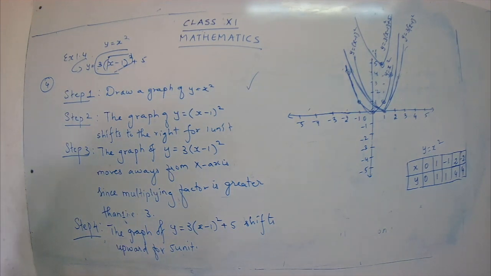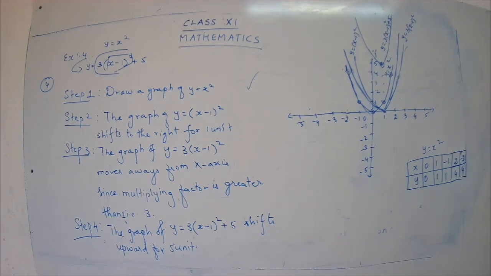From the curve y is equal to sin x, graph the functions. First one, y is equal to sin of minus x. Second, y is equal to minus sin of minus x. Third, y is equal to sin of pi by 2 plus x, which is cos x. Fourth, y is equal to sin of pi by 2 minus x, which is also cos x. So we are going to plot 4 different functions from a given curve. What is the given curve here? Y is equal to sin x.